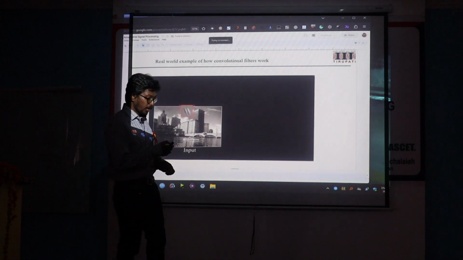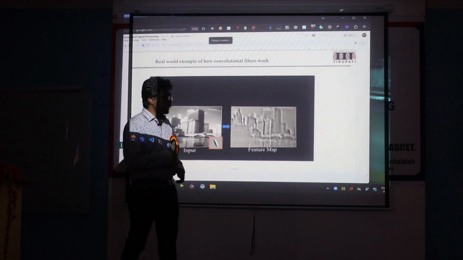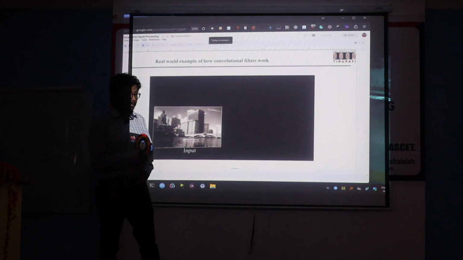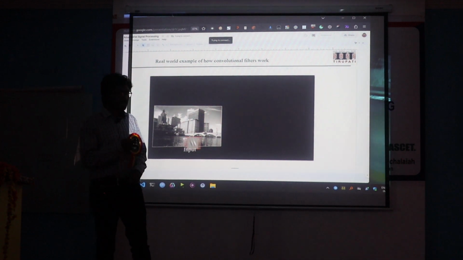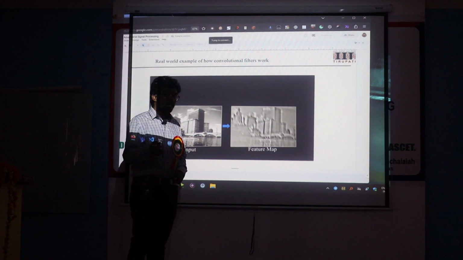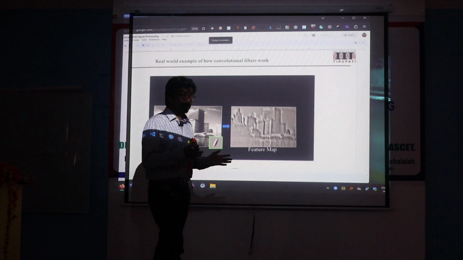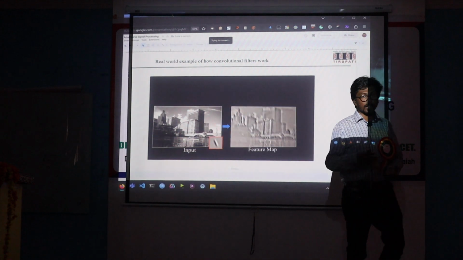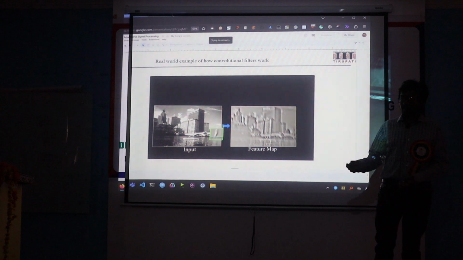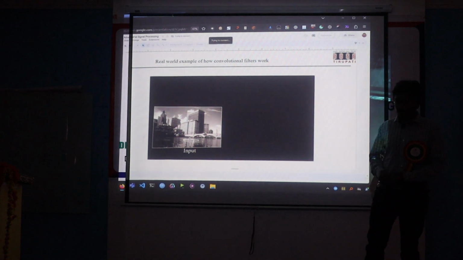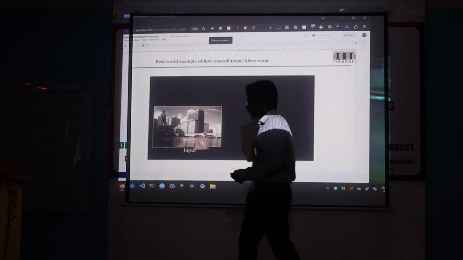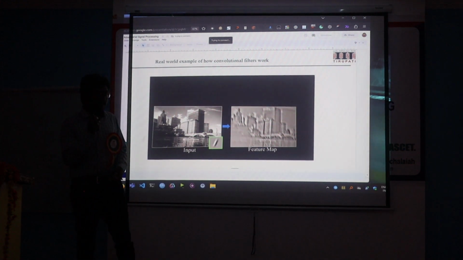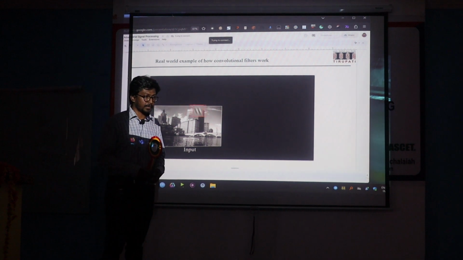So identifying this kernel is deep learning. Giving this kernel to an image is machine learning. You go through a lot of data, you find out this is the best kernel, and you say, okay, let the image go through everything. That is machine learning. But when I come to deep learning, even these individual filters, deep learning takes care of it.